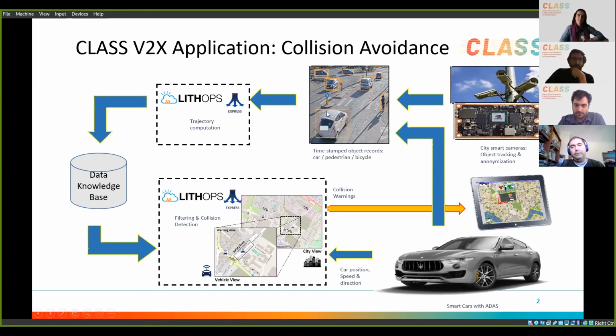And then each of these objects is repeatedly detected and thereby has a history of different locations at different timestamps. Based on this history, we then perform a trajectory computation. Also, you saw that mentioned in Roberto's presentation. So this is another analytics application that generates a predicted trajectory in the near future